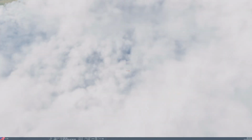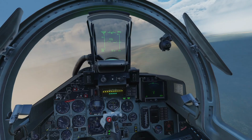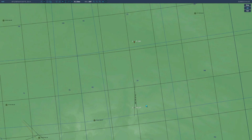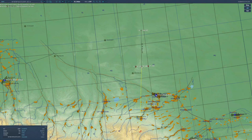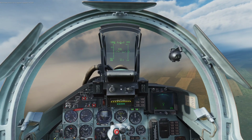The 3 F-15s that I'm chasing are in a storm cloud right now. I'm just about to enter one, but these guys are definitely locked right inside of a cloud system, and I'm just coming up onto a cloud myself. They are fairly far away, but I'm catching up quick, and we should have a lock on them in just a few seconds. But again, as you can see, the whole point here that I'm trying to show is that